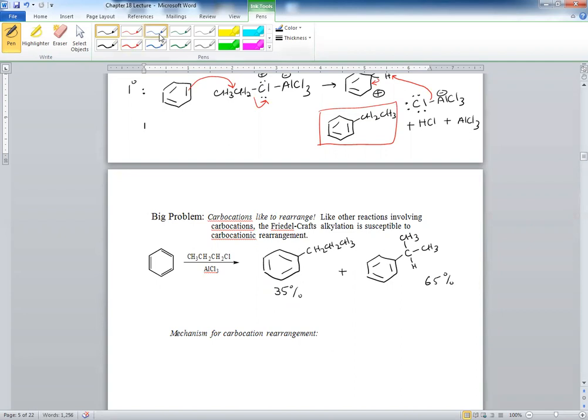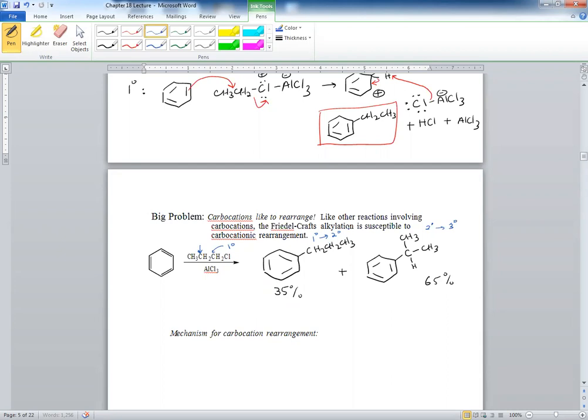Basically, for the 65% product, the reaction took place at the middle carbon. So that indicates that there is a shift. So this was a primary, and it became a secondary. And this was a secondary, it became a tertiary. What I mean by this is that at this point, it was a primary